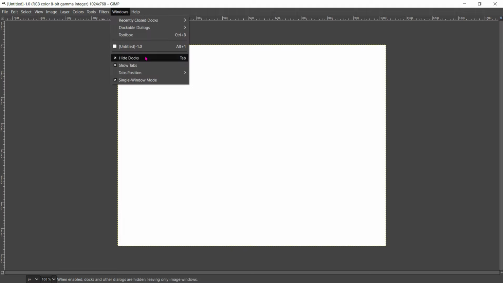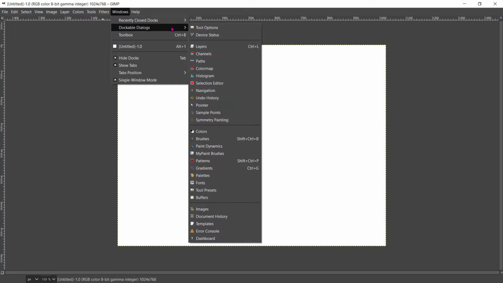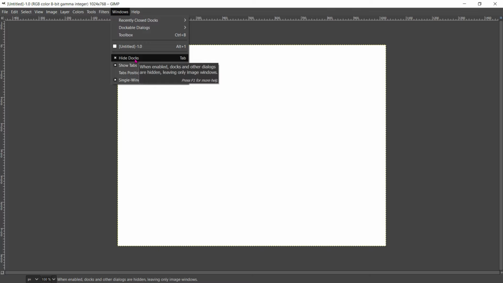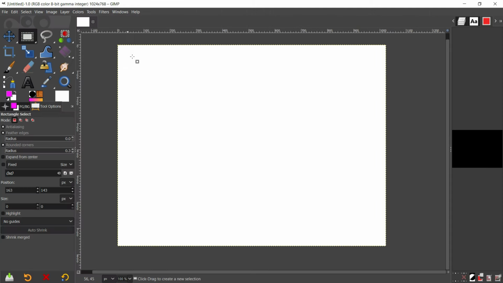Now if I click, you see options: recently closed docks, channels, gradients, layers, dockable dialogues, toolbox. So click here, hide. Presently this is hiding docks. There are some floating docks. Just click here, so these options will come up.